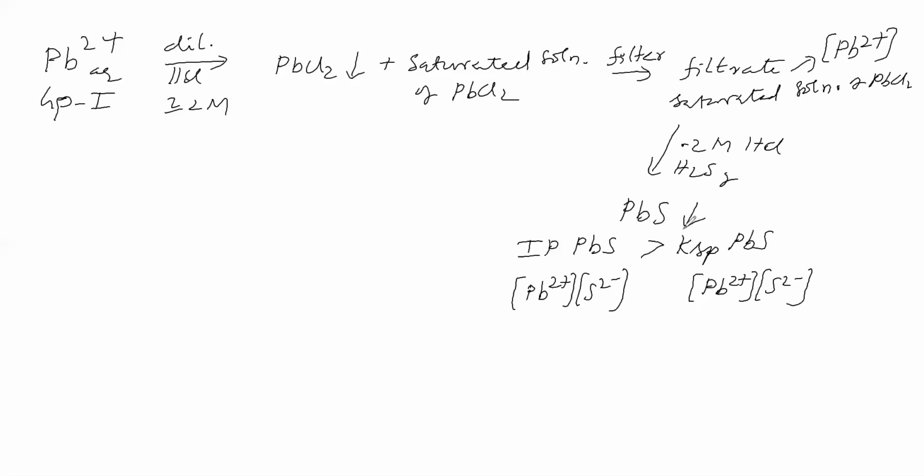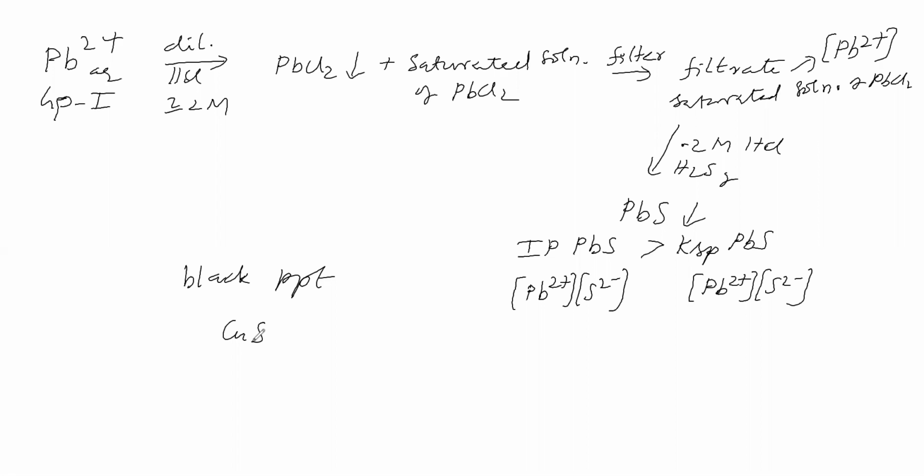So now you understand whether we should do cationic analysis systematically or not, think about it. Suppose you do not do group 1 and come directly to group 2. Suppose you get a black precipitate. CuS is also a black precipitate, so it will give a wrong conclusion, no? Of course, lead salt and copper salt differ in color: copper salt has color, lead salt does not. Using that also we can get an idea. Even then, Pb is coming in the second group.